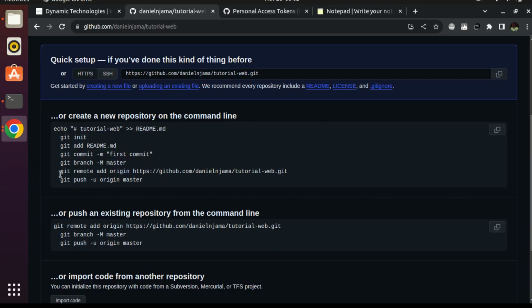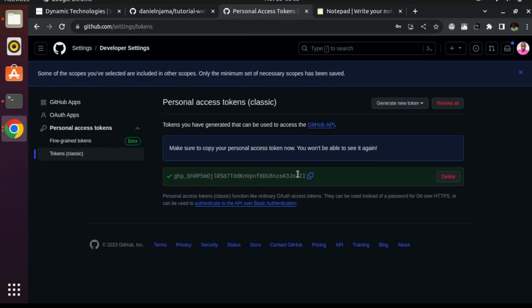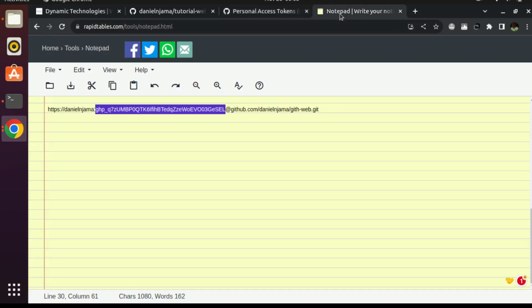We have a command that we are going to use to add our remote repository. So this is the command, and we are going to replace some of the information. One of them is the username. So this is my GitHub username. In your case, replace this with your username. Then this other part is for the personal token that we have just generated. So navigate back to this page and copy this personal token. So replace what is there